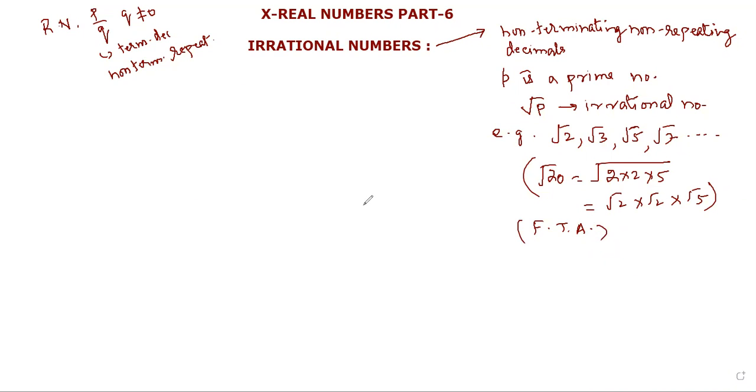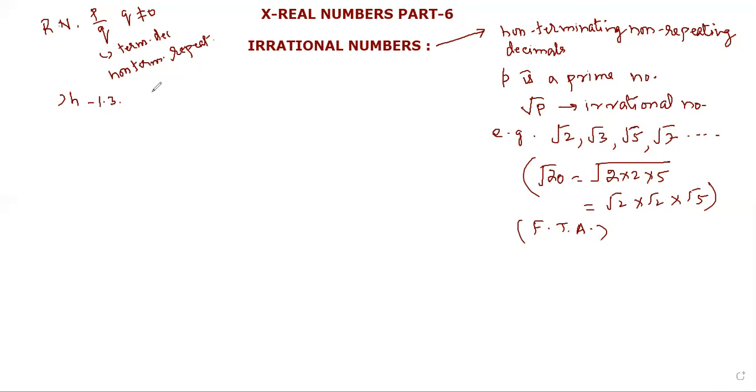Today we will see one more theorem which does not have any name, but it is a very important theorem in our textbook. It is theorem number 1.3, and it will be used. In our course, we have to prove that root 2 is an irrational number. We are going to prove that a given number is an irrational number. So in that proof, we will use this theorem.